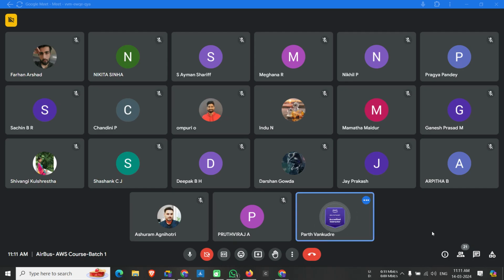Yesterday I told you that we will go through the application load balancer again. Yesterday we learned about the public load balancer, but today we will go through the private load balancer, that will be the private application load balancer. But before going to that topic, we'll have to learn the basics of